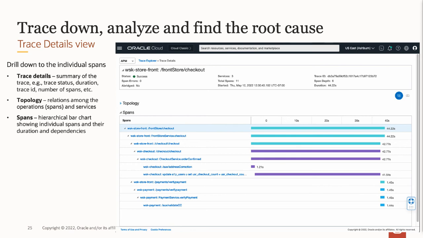Each bar represents an operation, and the time length goes from left to right. So the longer the bar, the more time was consumed to complete the operation. The bar at the top is a root span, and child spans are nested below. From the view, you can see the trace was waiting for a SQL operation to complete, which was the bottleneck of this transaction. And to see the details of the span, you can click the bar